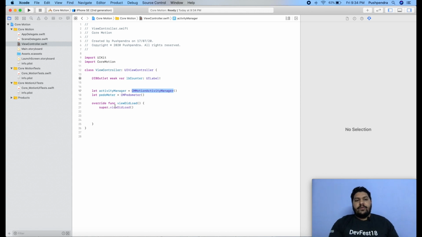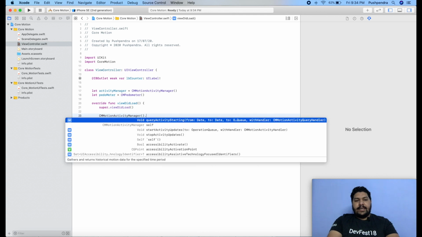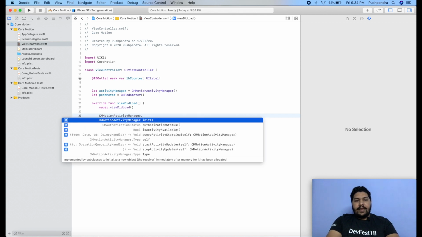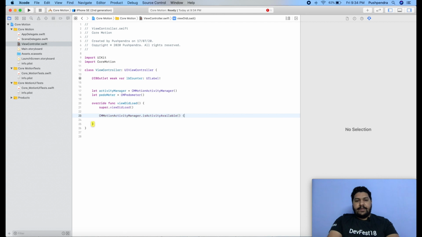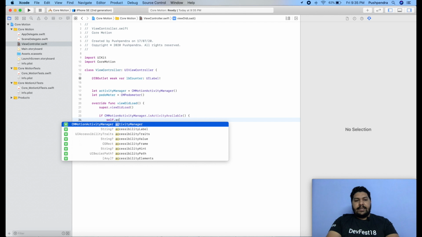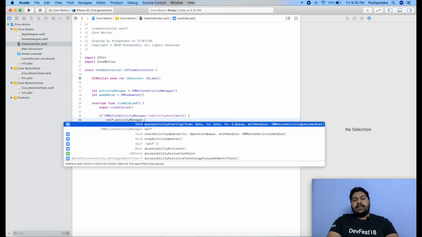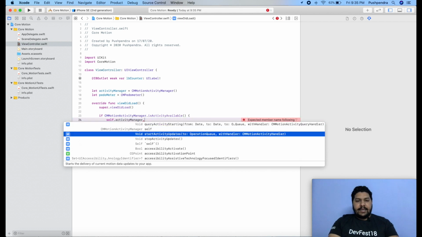Okay, so the activity manager, first of all we will check whether it is available or not in your phone, with an if condition. If it is available, then from here self.activityManager, here we are going to integrate the listener of our activity, and here you have seen startActivityUpdates, so it will keep giving you the updates of the activity.